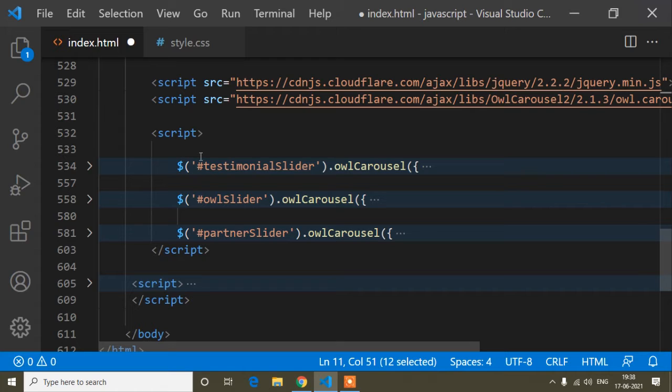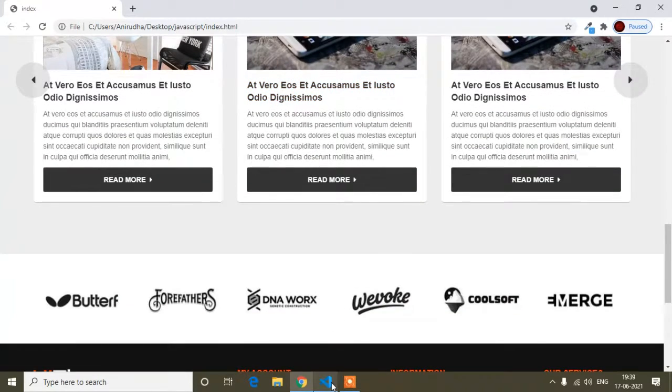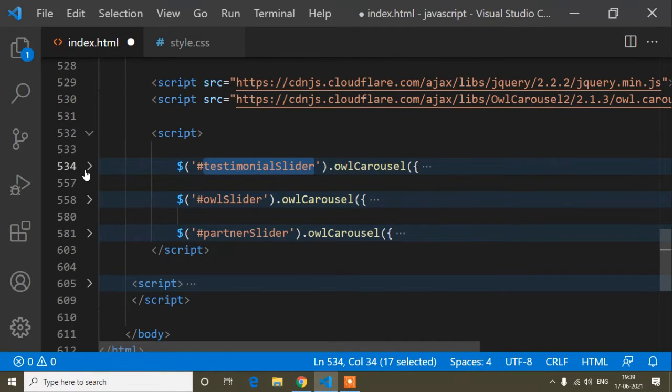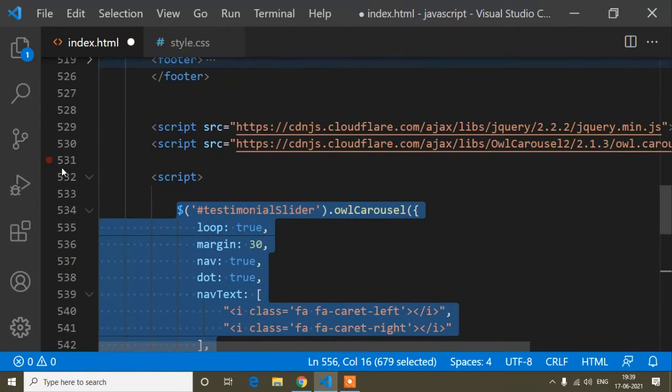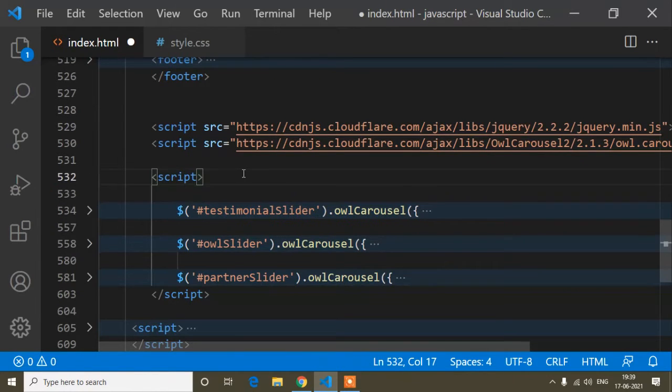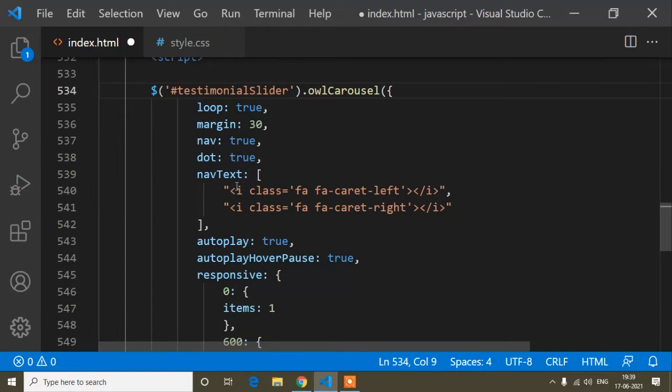Just after the script tag, here we have to write a script for the owl carousel. I have already written some 3 script tags for the 3 owl carousels which I made previously. So from here I will copy just one script, this one, and after that I will modify it for my banner. I will copy and paste. This script also I will provide in my description after modifying it, but here I will not provide the icon only.